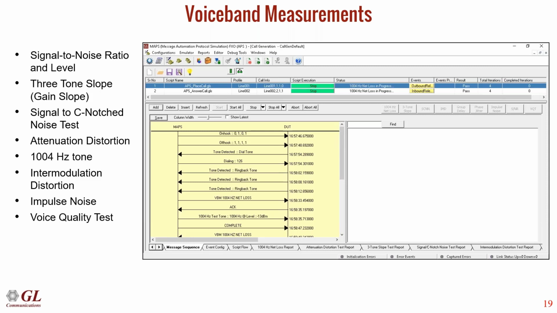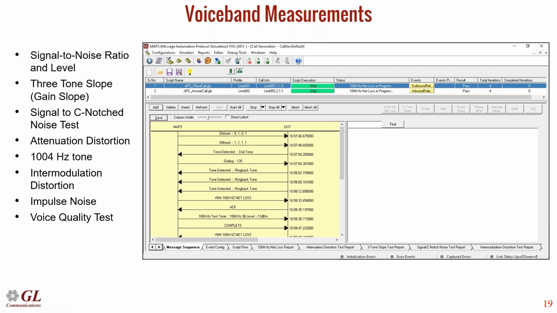Okay, thanks, Vikram. All right, so just to touch a little on what Vikram mentioned, there's a lot of things that you can do with the MAPS APS, configuring it and the scripting and setting things up, for instance, the frequencies for the call progress tones and everything else. But GL can assist with all that. So GL can assist with setting up the scripts and the configurations and so forth, because it could be overwhelming.